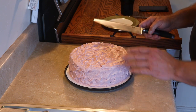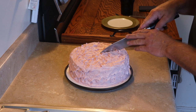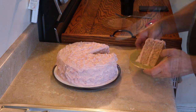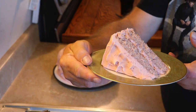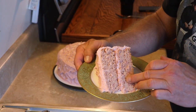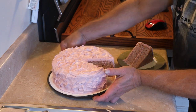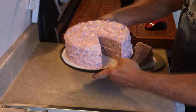But we're just going to do a plain cake today, right? Because we just wanted to see how the mayo was going to work in this. So I already tell you, wow, that is moist. I can feel it. And look at that. Is that not gorgeous? Just gorgeous, I think. And the crumb looks great, and even though it's been in the fridge, it's still really moist and soft, which is what we were looking for with that mayo, versus the butter. If we would have used the butter, that would have been